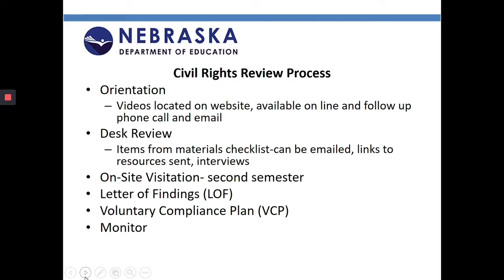After that, we hope to do an actual physical on-site visitation second semester if it's allowable by schools and districts and also by the Nebraska Department of Education. And there's some flexibility with that as well, since the interviews might not be conducted person to person on site. It would go a little bit faster, but it would really be a look at the different facilities and the things that are within that facility checklist.